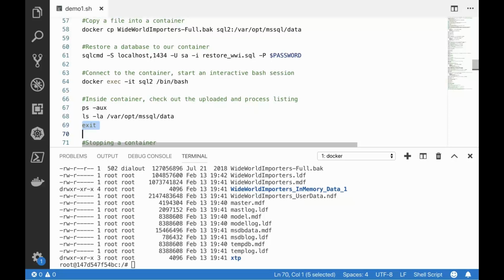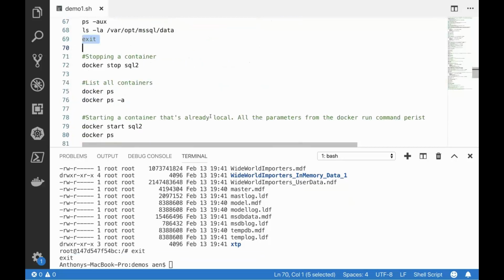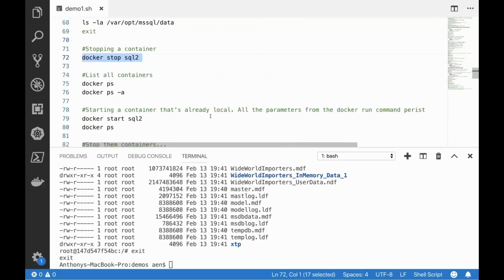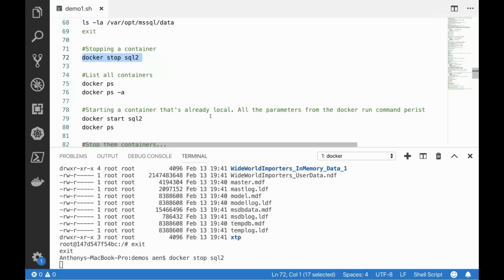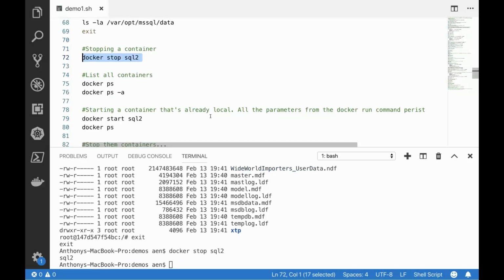And so let's go ahead and get out of the container and stop the container. So now we're shutting down SQL 2. So what happens when you docker stop is it's going to send a signal to the process that's running inside, which is SQL Server. And since it's a relational database engine, it's going to take a second to shut down and clean up the resources. And so that might take a little bit to shut down when you stop your containers. Don't get too worried if that takes a few seconds.